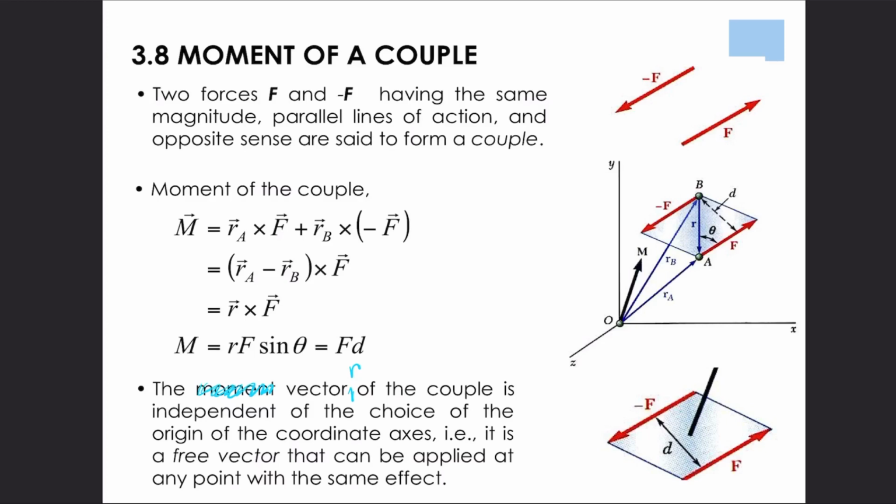Vector R of the couple is independent of the choice of the origin of the coordinate axis. Ano siya? This vector R, independent na siya of the choice of the origin of the coordinate axis, or say in this case point O. So then vector or moment of a couple